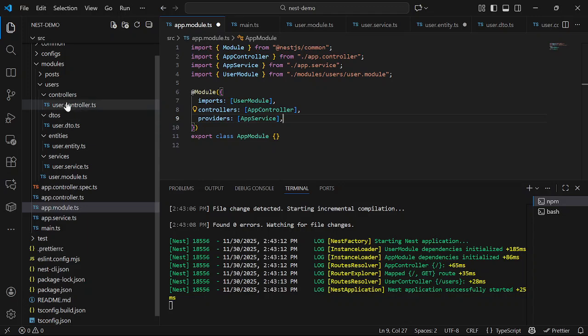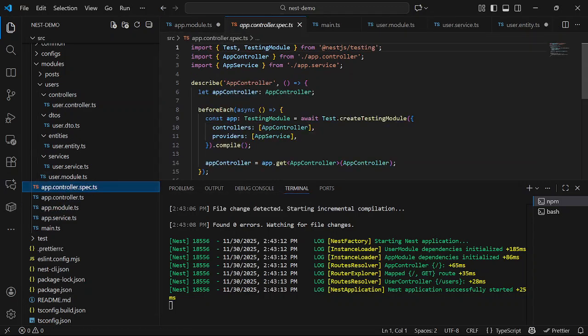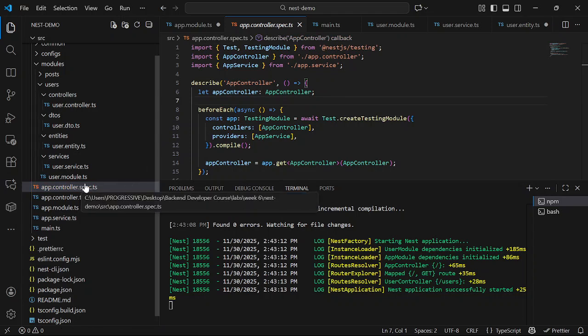Okay, there's the TypeScript with orange, the controller one, okay. And the other one. These are test scripts. If you see here, you can see .spec. These are test scripts.